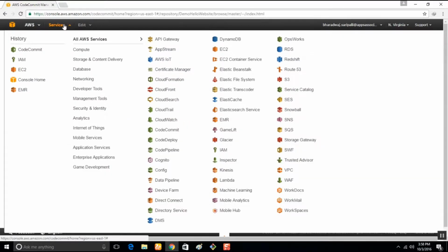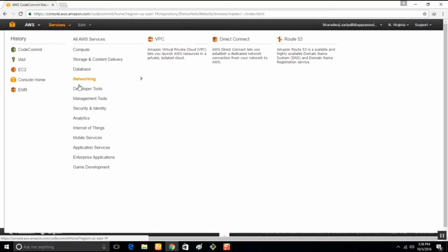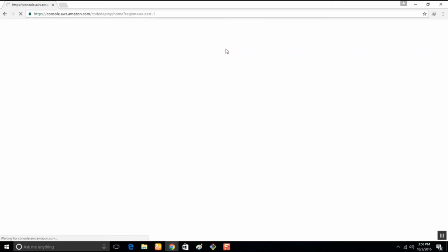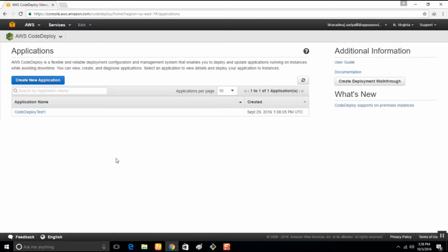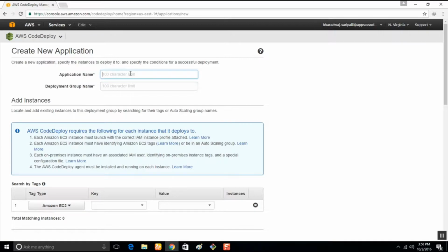Let me go to services, in services Dev Tools, and let's first go to CodeDeploy. This is a test that I did the other day. Now let's try to create a new application. Create new application. It's called demo hello app. We need to give it a group.